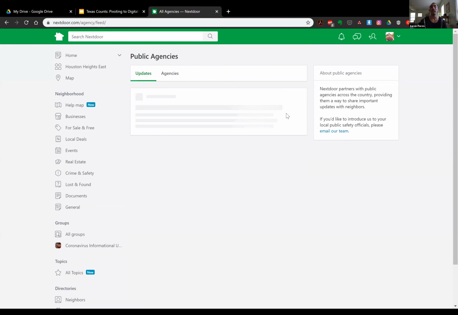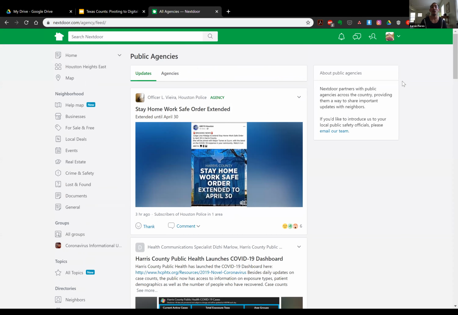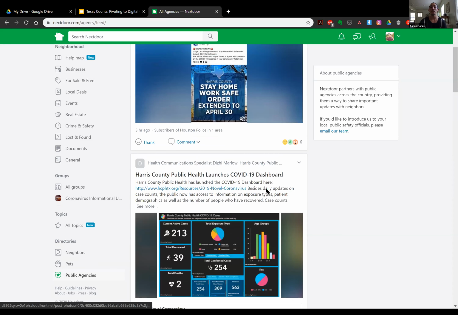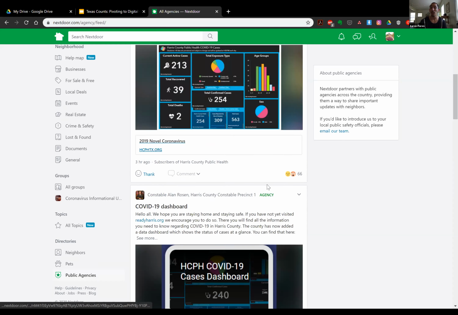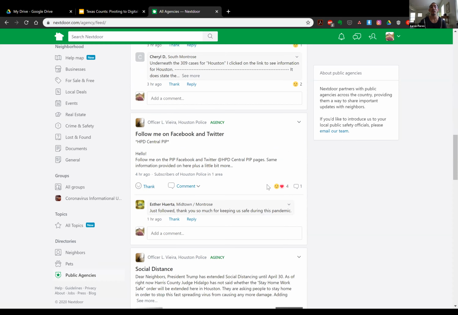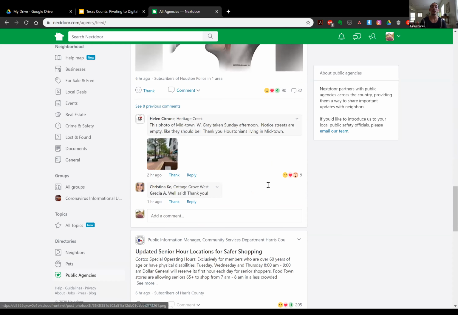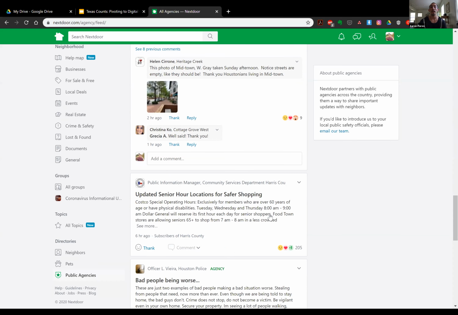While I mentioned earlier that public agencies can be a part of Nextdoor, not all are. So just to quickly scan through here and see the sorts of public agencies that can join, we have someone from the Houston Police Department. We have Harris County Public Health. I have seen the Planning Department on here. This has now become a really great way for planning commissions and zoning boards to put up information about any big variances they have,